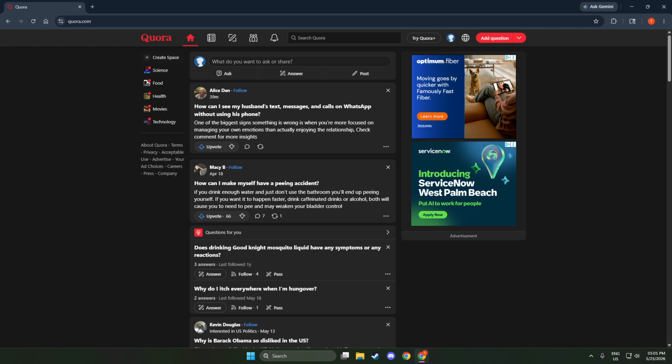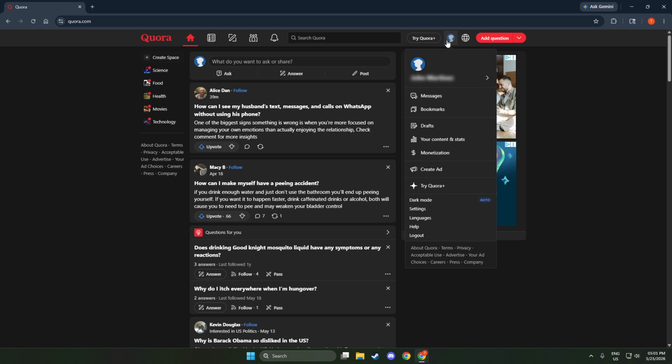Once you're in Email and Notifications, scroll down to the area called Email Preferences. This is the key section for cutting down on clutter. Here, Quora lists the types of emails it can send, each with its own checkbox. To stop the messages entirely, simply uncheck the options you don't want.